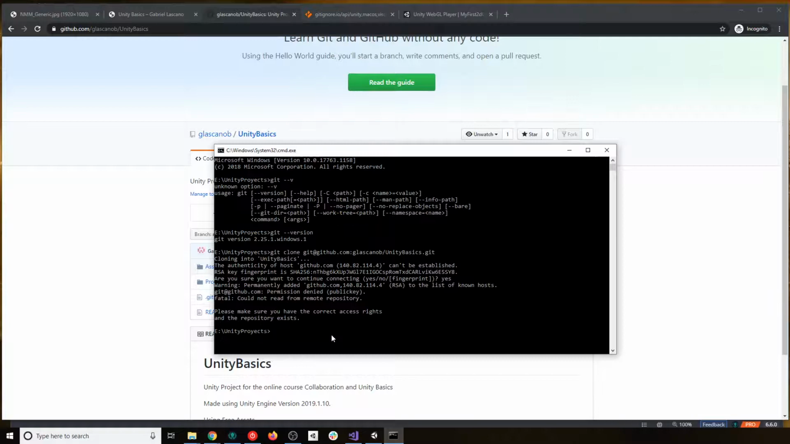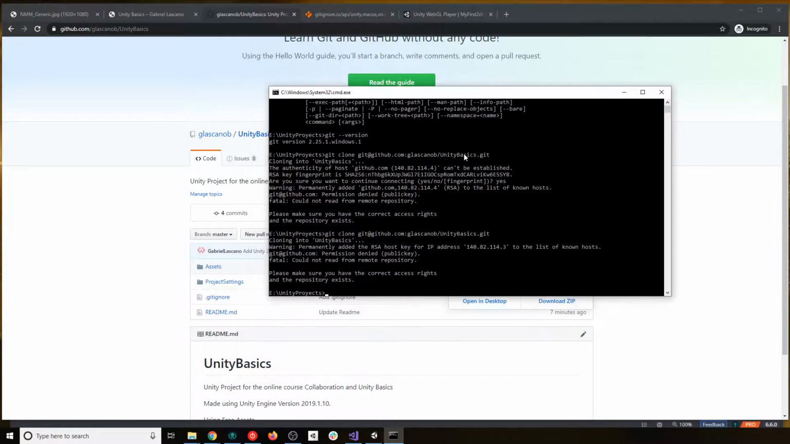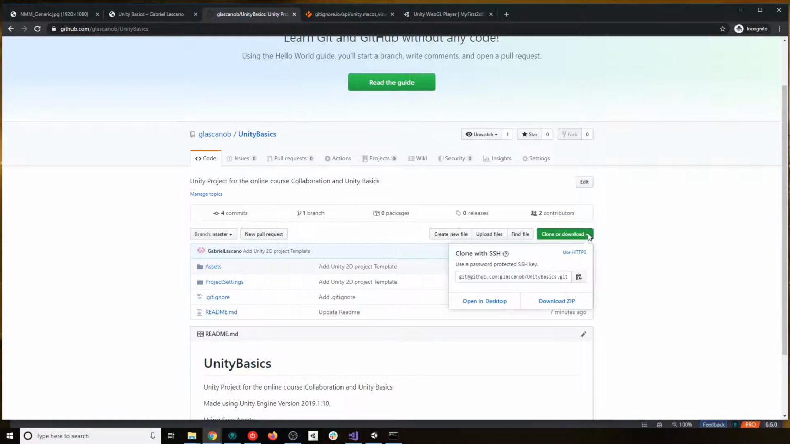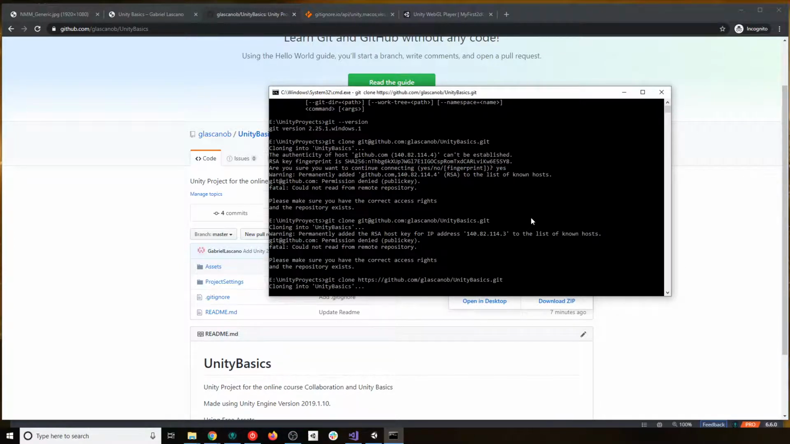Oh, it gave me an error because I don't have my credentials correctly set up. Oh yeah, sorry. I switched the computer for this session because of the microphone, so I'm gonna use the HTTPS, which is actually good. We can show how this is done when you don't have your SSH key in place. So git clone, and I'm gonna paste it here, and it's gonna ask me,